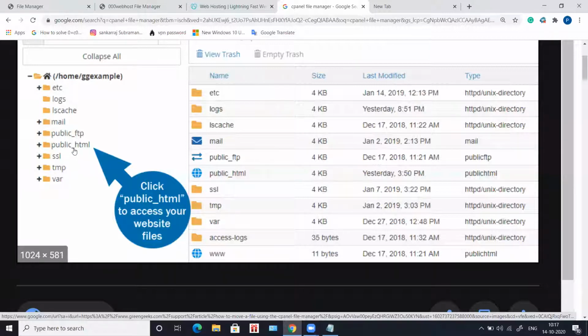You will create a robots.txt file and give commands for whichever files you want to allow and whichever you want to disallow. That file will be uploaded inside the same directory called public underscore HTML.